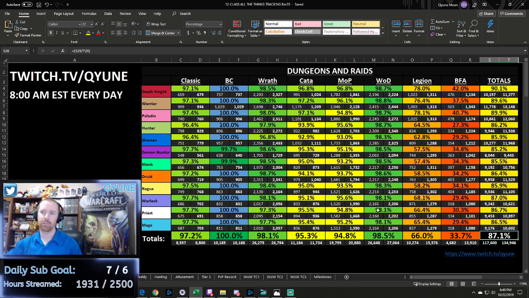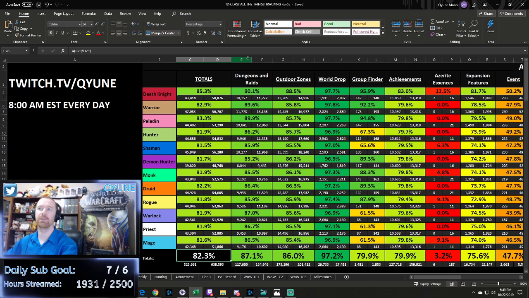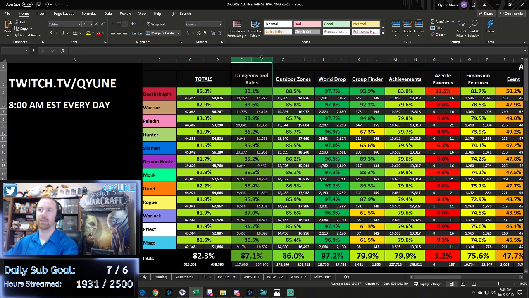Shields, your warrior, your paladin, and your shaman would probably get a point up if you picked up a new shield. So that's that. Now if we look at this as a whole, this whole Dungeons and Raids is simply a subcategory in all the things. And all we do here is take this concept that we have in Dungeons and Raids, and we carry it over to